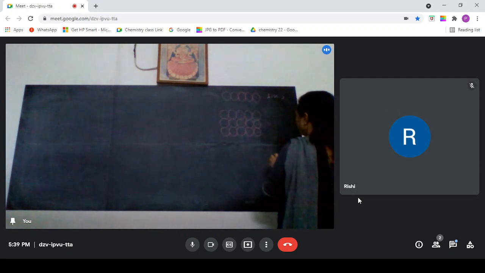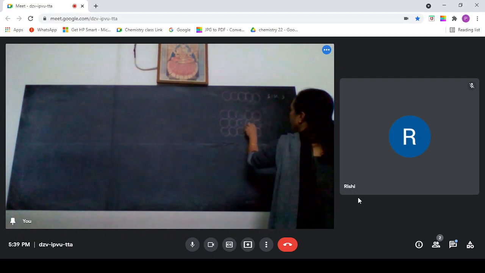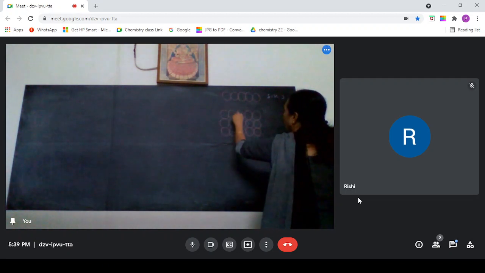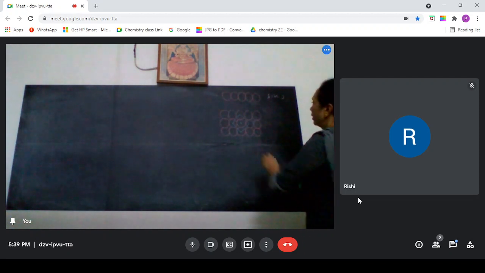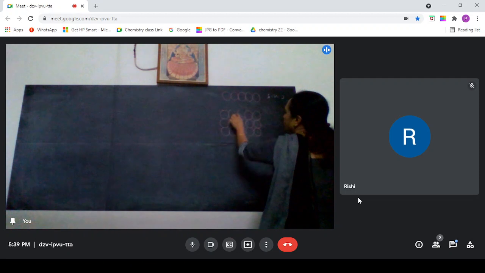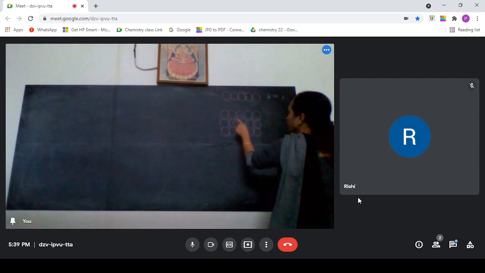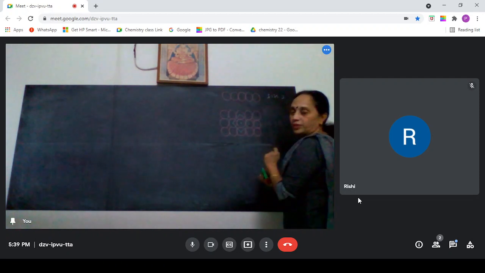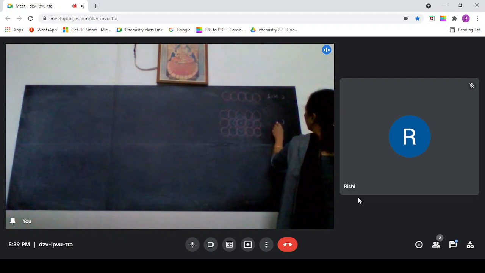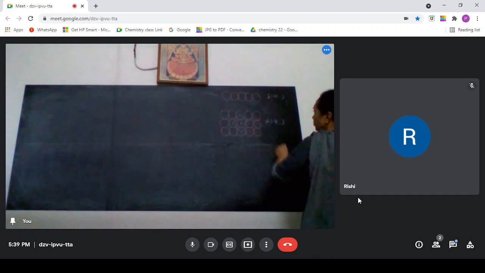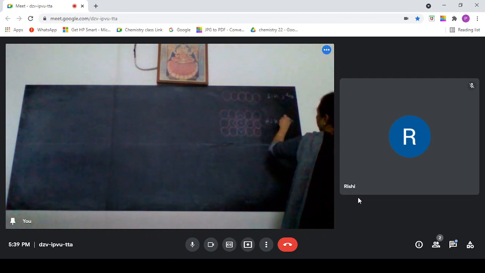Like this. So, if you consider this particle, it is nearest neighbors to 4 particles, and if you join those 4 particles, you are going to get a square. This is called a square packing in 2 dimensions. The coordination number will be 4. This is 1 dimension. This is 2 dimensions.